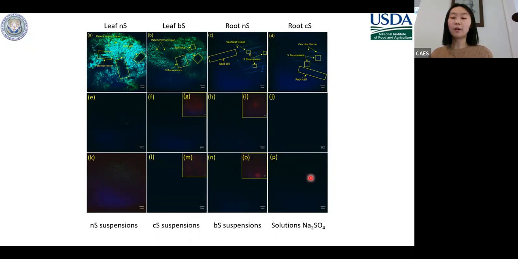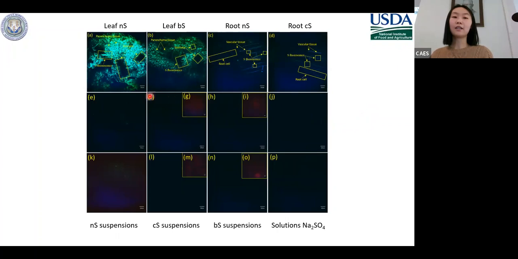And also the ionic sulfur, the sulfur salt, has no fluorescent signal, which is reasonable because it is soluble. It is dissolved in the water, so no signal could be found. So based on this, if we find any signal in our plant tissue, that means it's nano-sized uncoated sulfur. This is going to help us understand